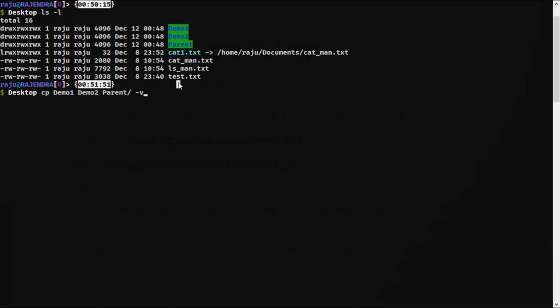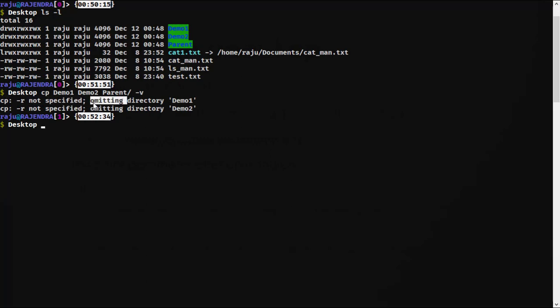If I try it this way, I will get an error, but I want to hit enter and display what the error is. As it is a directory, it cannot be copied directly because it considers that there might be some content in it. So you must pass -r for recursive copying. If there is some content in the demo directory, that will be copied first, and then the main folder will be copied. Now if I try to hit enter,